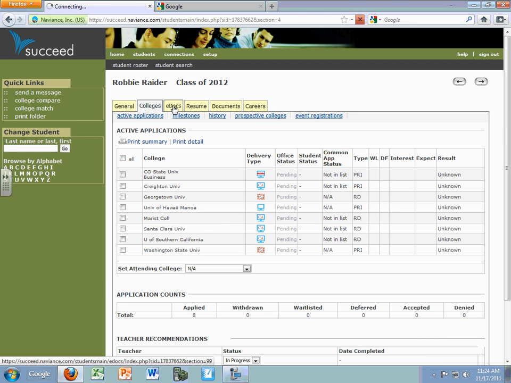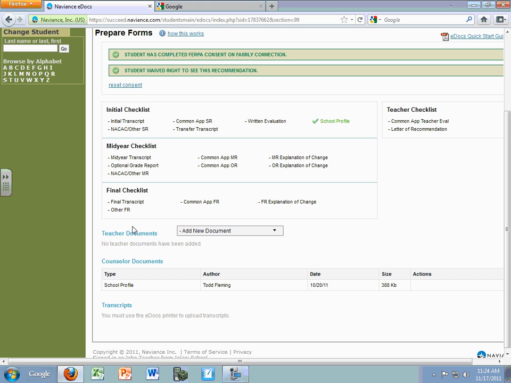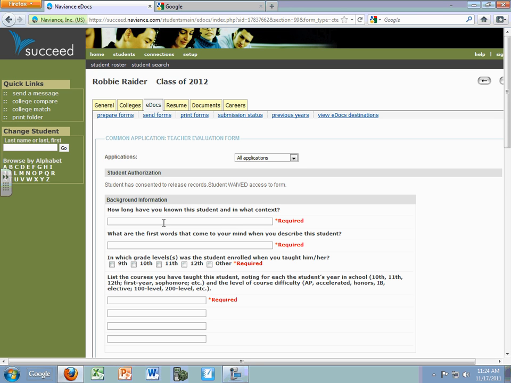But anyway, you can always come back here to your eDocs tab. And what you're going to do is come down here to teacher documents, and you're going to add new documents. The first thing that you'll add is the common application teacher eval. And this is really, if you've ever done a common application recommendation, here's what you've seen. And so how long have you known the student? Two years as instructor. And what are the first words? Brilliant and friendly and humble. And what grades did you teach him in? I taught him in 11th grade, and I taught him in algebra